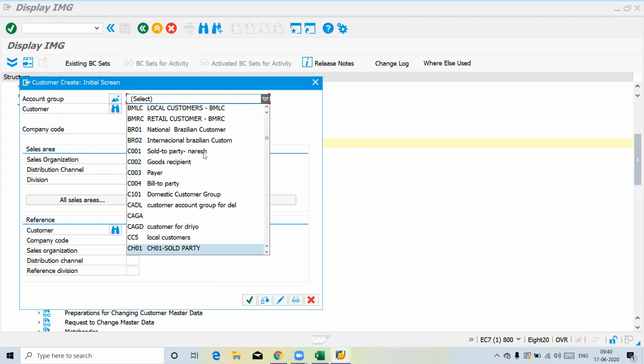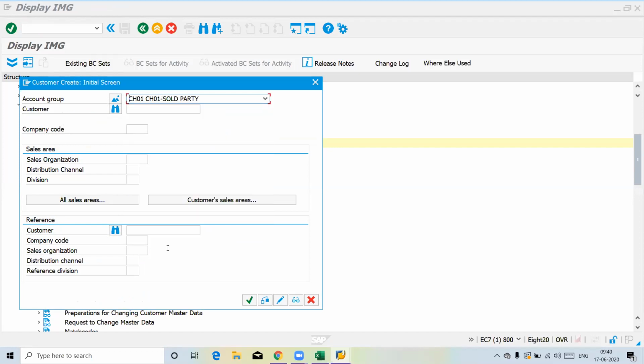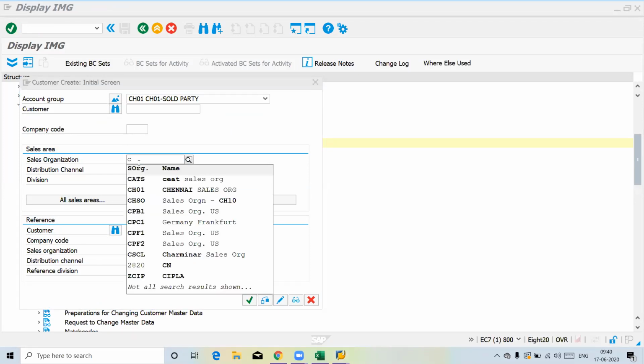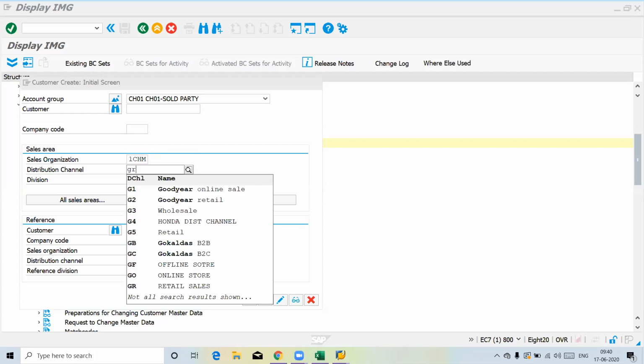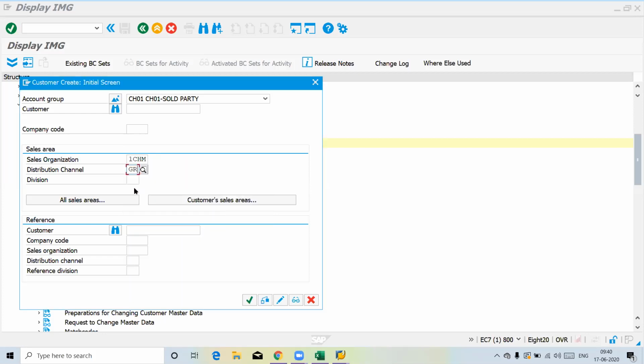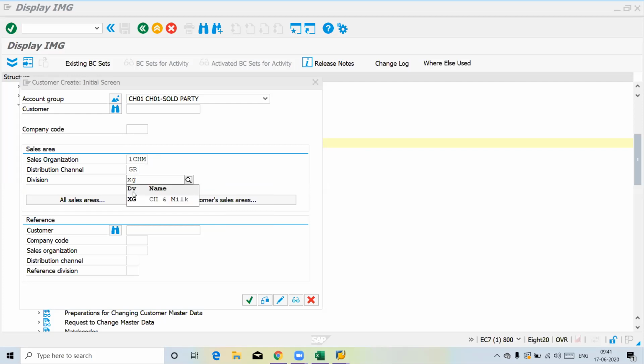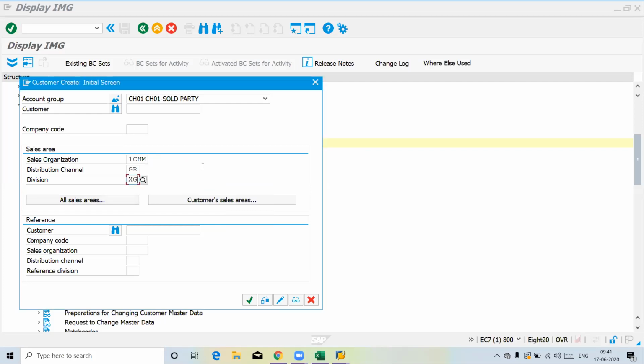Now we can see our own ones, CH01. What is our sales area? 1 CHM, right? For domestic. And GR is for your retail sales, and the division is XG for chalk and milk.